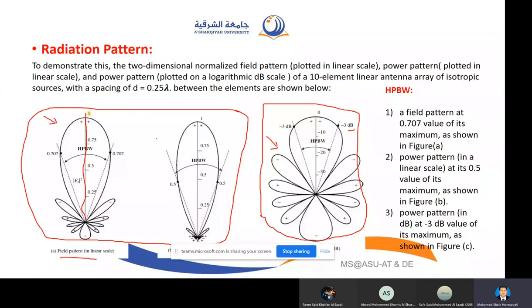In power pattern, you can represent in two ways. Either you have in normal like this, in amplitude, that is magnitude form, or either you can represent in logarithmic form. The reason why we go for logarithm is you can accommodate more values in a smaller region, right? This is the basic reason why we go for logarithms.